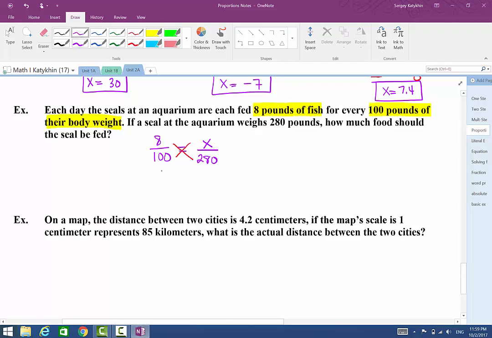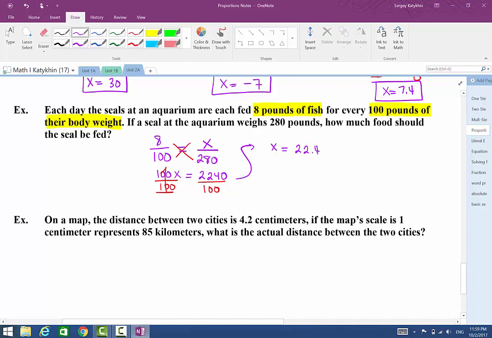So what happens here is we get x times 100, which is 100x, is equal to 8 times 280. Multiplying those gives you 2,240. Again, to get x by itself, we would divide by 100 on both sides. 100 divided by 100 gives you 1. And that gives us that x is equal to